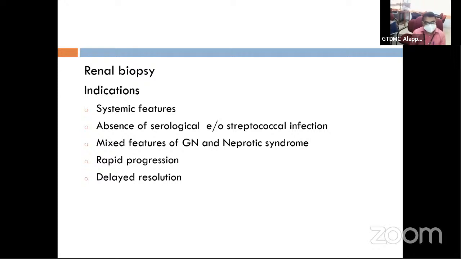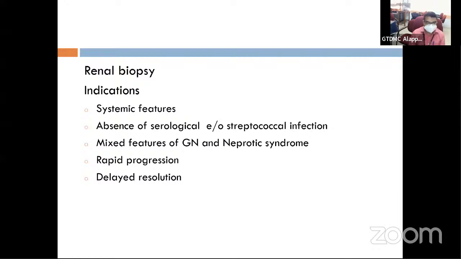Another indication is low C3 even after 12 weeks of the onset of the condition, because C3 will initially be low and gradually it becomes normal by around 6 to 8 weeks. C3 becomes normal in post-streptococcal glomerulonephritis. If it is not becoming normal even after 12 weeks of the onset of the condition, think of other etiologies